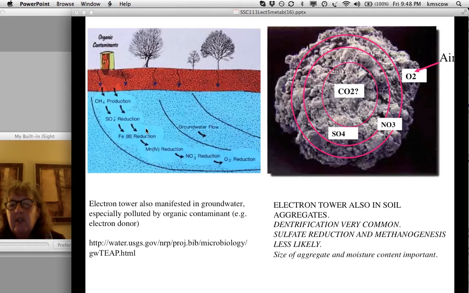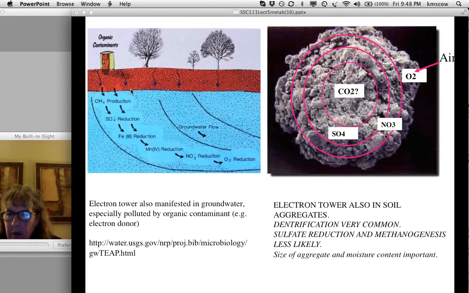Okay, so you get that same kind of succession of electron acceptors being used, and you can find these zones where here you have a lot dominated by nitrate reducers, here it's dominated by iron and manganese reducers, here it is by sulfate reducers, and in the oldest part of the plume, CO2 is being used as an electron acceptor, and methane is being